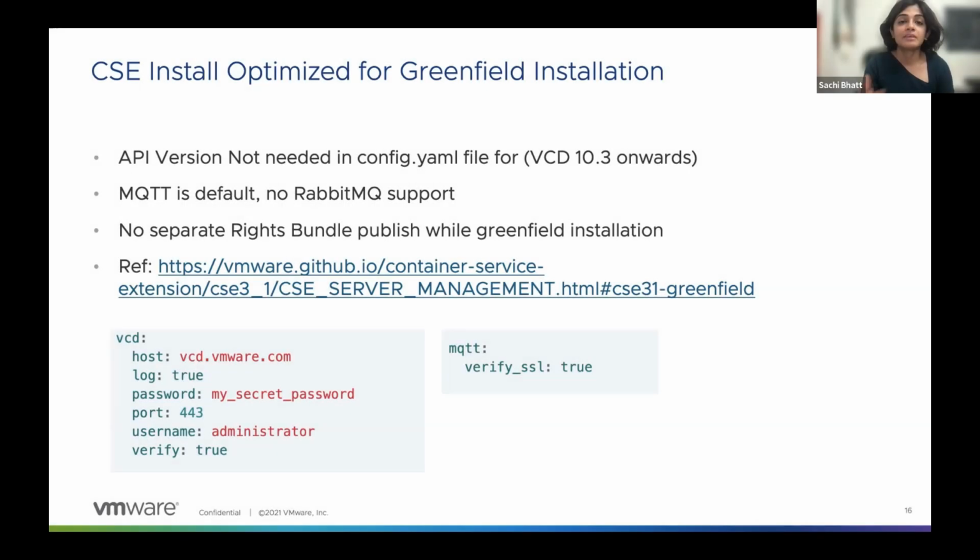So these are the enhancements that we talked about earlier: API version, MQTT is now the default, and rights bundles, which is now a UI operation on CSE and VCD. So that's one less step, and all this documentation is updated on the official Container Service Extension website.